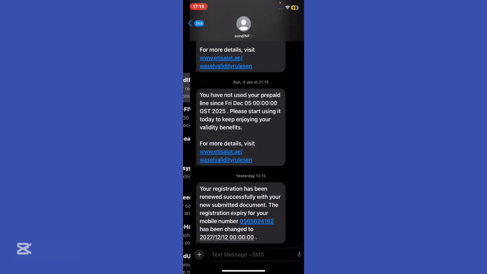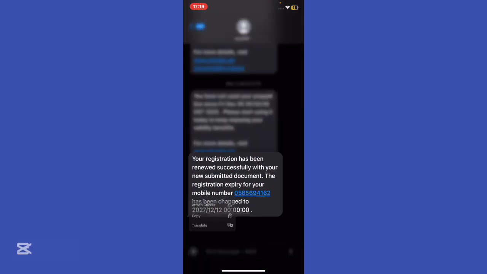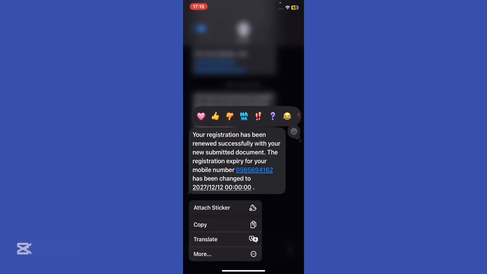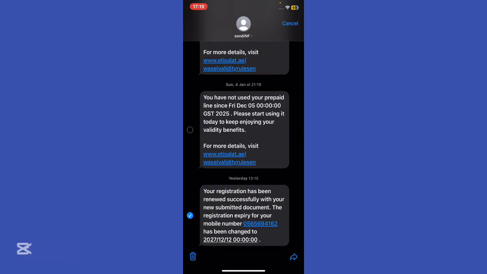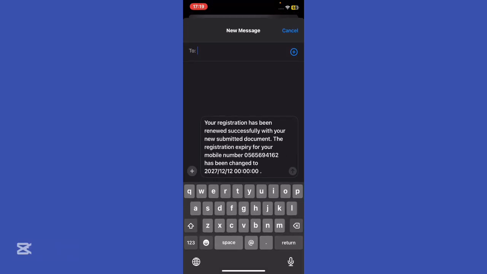So go ahead to the message, tap and hold, and then what you're gonna do, hit more, and you're gonna forward it by hitting the arrow thing at the bottom right. And you can take it and add an email address so you can text that message to someone else, or